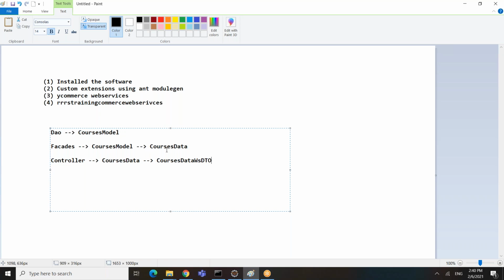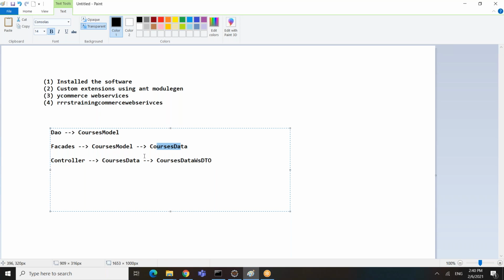In the facades, we need to convert the model into data object, and based on the data object, we can write some logic. Whatever logic you have, you can write it there, or in the model also you can do some logic. But if you look at the end, the controller, the service is going to use the respective WSDTO. No service will return the data object or model object.